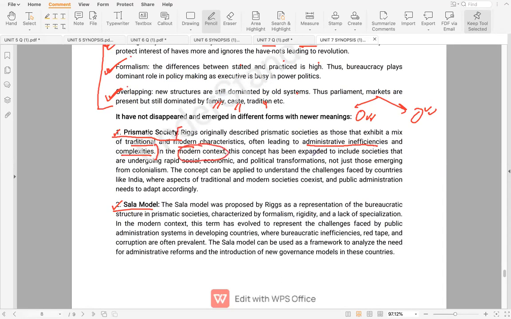This concept has been expanded to include societies that are undergoing rapid social, economic and political transformations, not just those emerging from colonialism. तो पहले हमने देखा था कि डेवलपिंग नेशंस वो होते थे जो usually colonized थे और अब free हो गए हैं, है ना। उस टाइम पे 1950s के टाइम पे यही हो रहा था, but आज की डेट में जो सोसाइटीज अभी social, economic and political transformation के through भी go through कर रही हैं, वो भी prismatic हम कह सकते हैं।